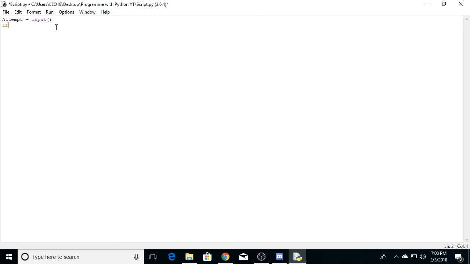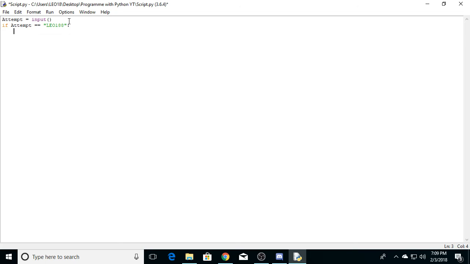So then you need an if statement, and you want to check if attempt is the same as whatever you want. So you want to create a string and then type in your password. So this is going to be simple, Leo188 or whatever. You can set this to anything you want. You can set it so once you've got past the password, you can actually change the password within this. Probably do that next episode, but